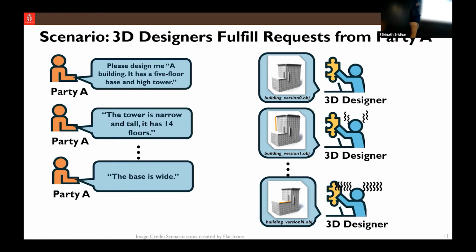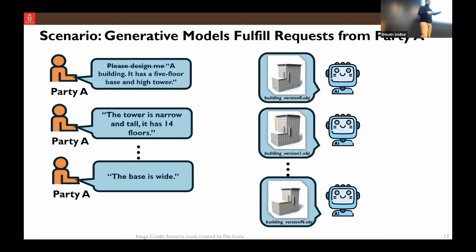Now, one of our goals in this project was to see if we can replace this 3D designer, and the frustration that comes with people interacting with each other, with an AI system. Essentially, a generative model that can enable this kind of recursive editing of a shape. So you start off with some basic shape, and then you edit this shape as you go. These slides were designed by my PhD student, and funny enough, she actually struck out the "please design me" part here, so we don't have to say please to our robots